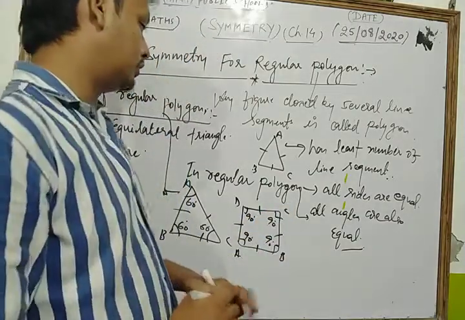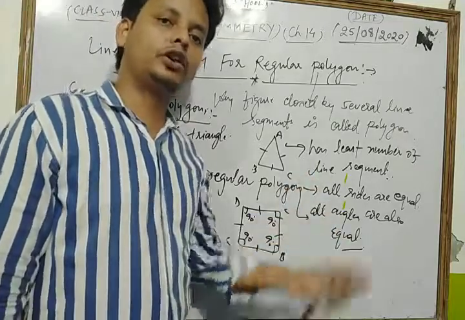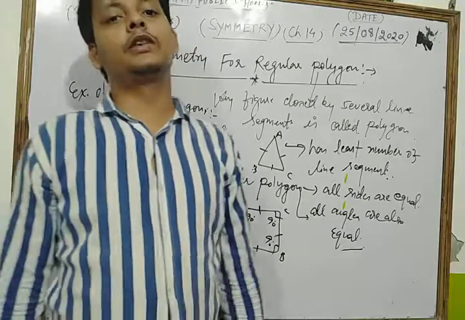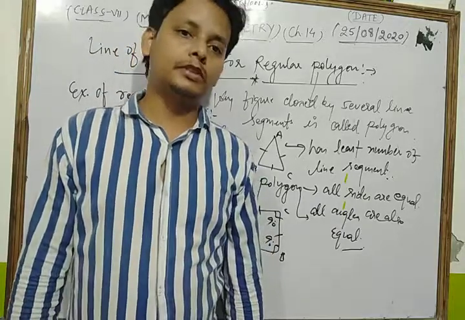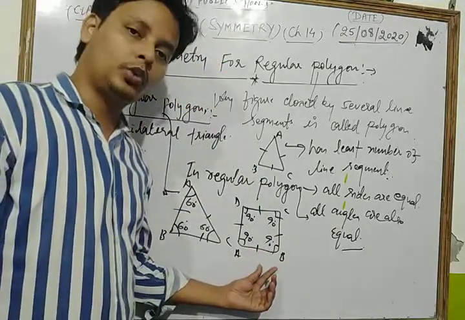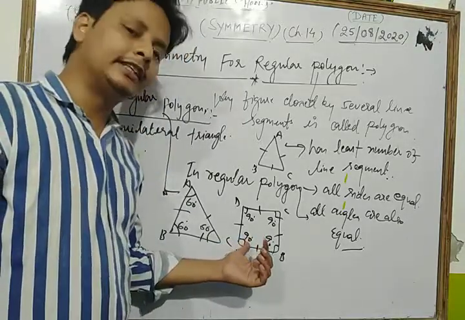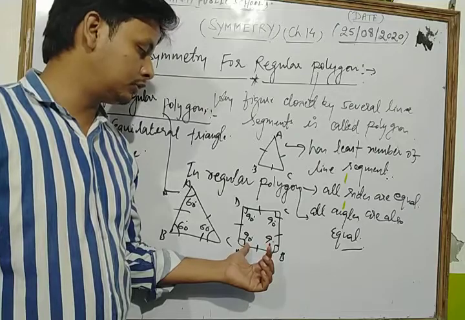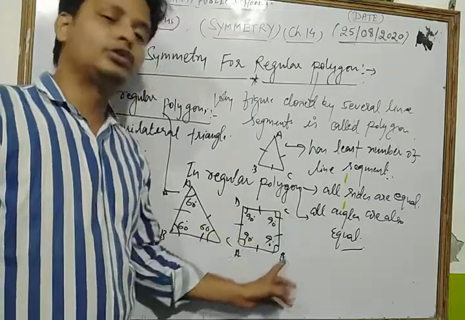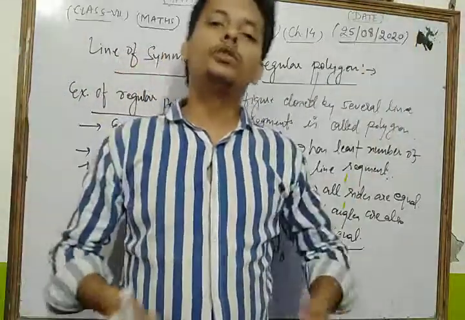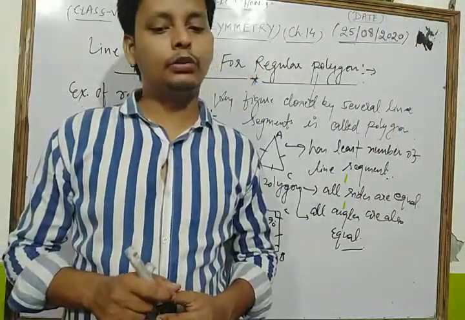So by the concept of regular polygon, any polygon is said to be regular if it has equal sides as well as equal angle measures. So dear student, in square all sides are equal and each angle is equal to 90 degrees, a right angle. So it is also called a regular polygon. In this way you give your answer, examples of regular polygon.